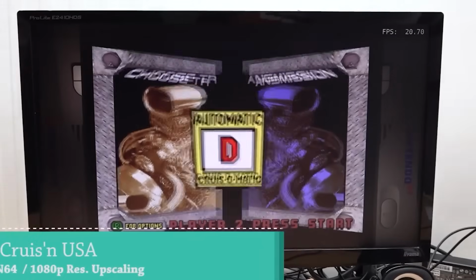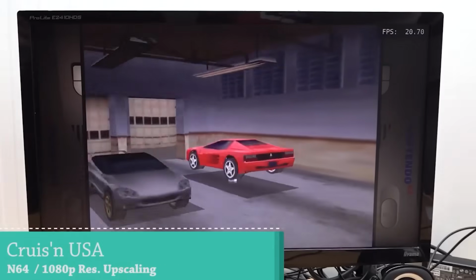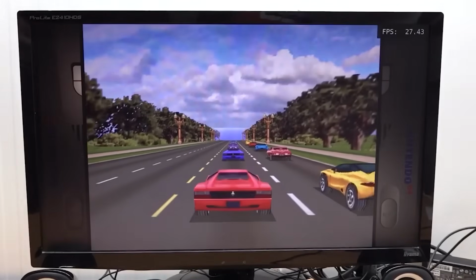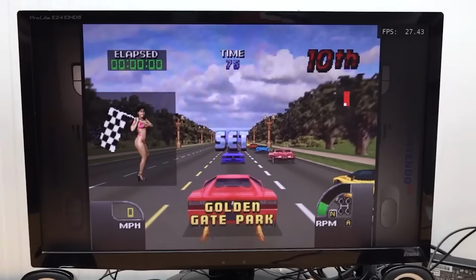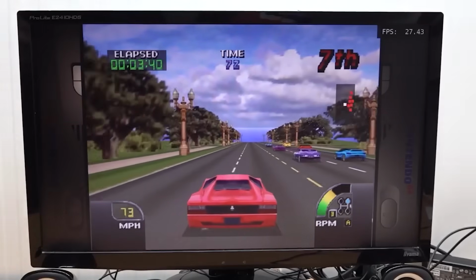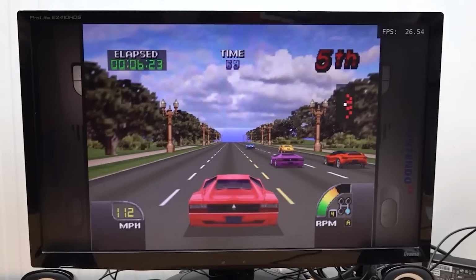1080p with N64. So we do have a little bit more power than the cheap ones I've been checking out. Particularly when it comes to this old school stuff, I think I even tested out an i5 of 2nd generation with a dual core. They had the option to actually play some N64, but most of them just on native and sometimes 480 depending on the game. But now we can even play this on 1080p upscale, but you can see